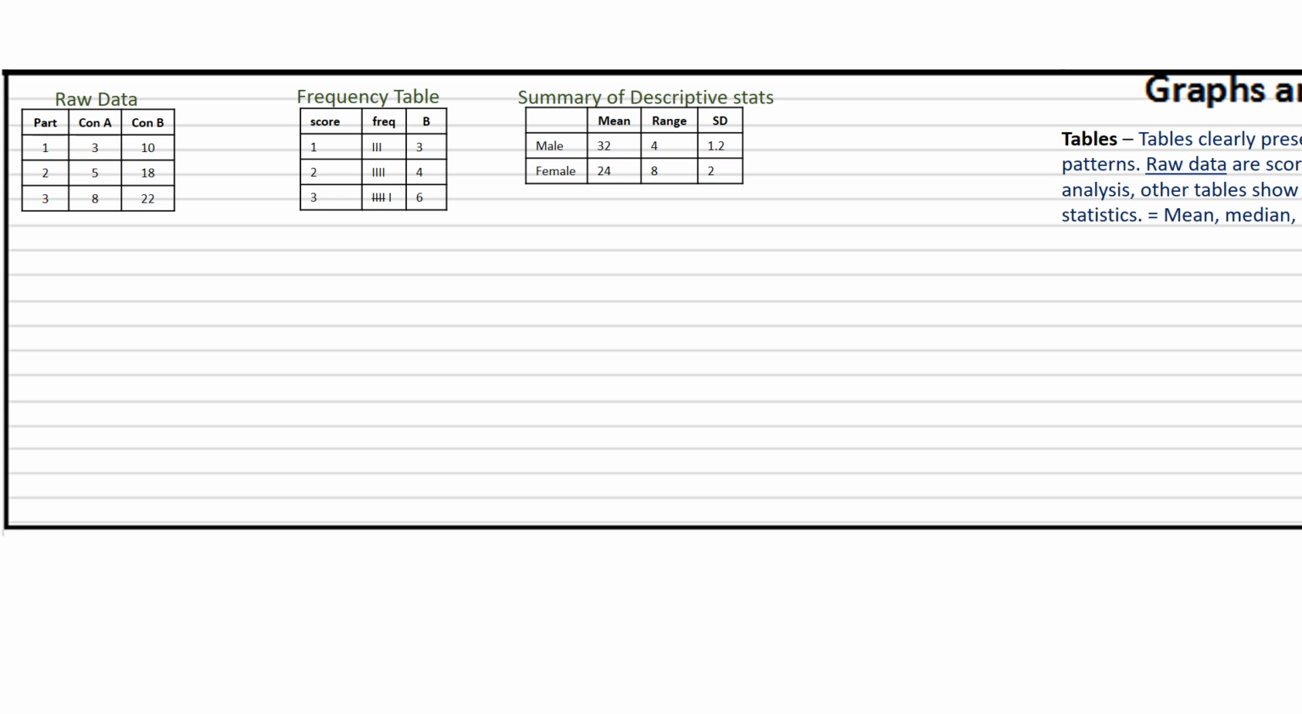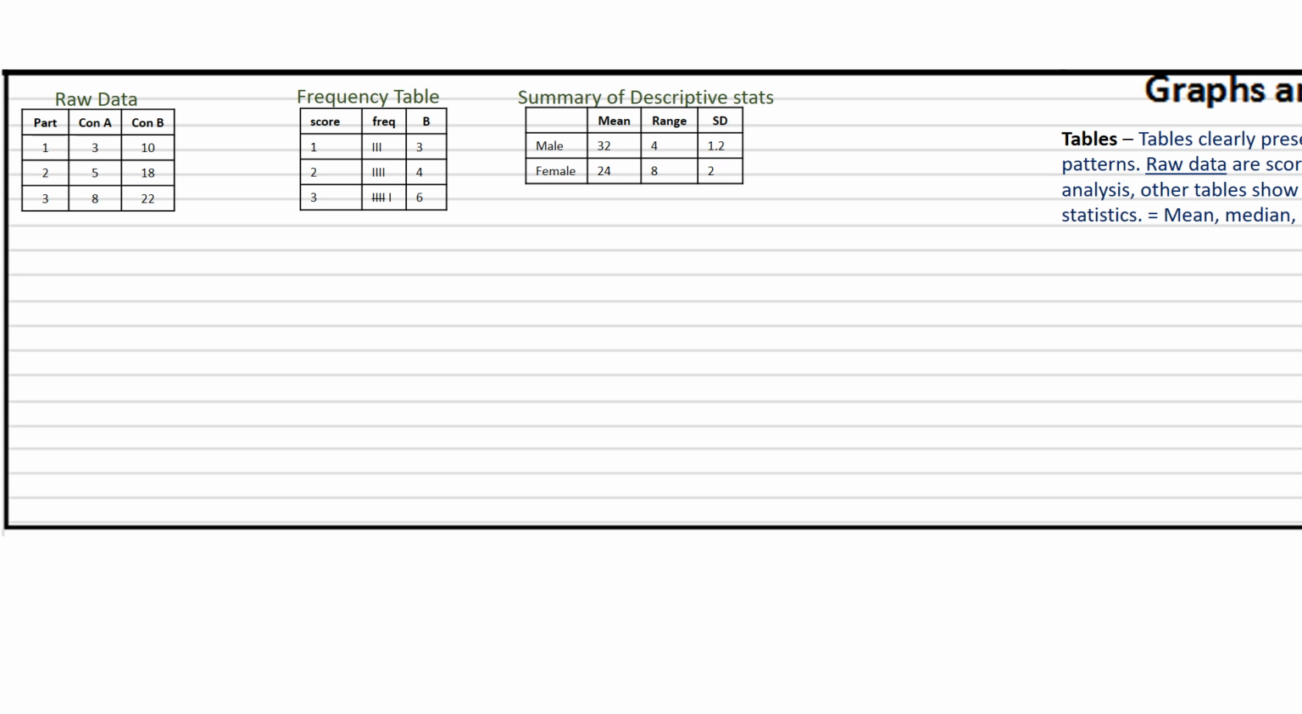That's a summary of descriptive statistics. So we can see here that we've got a mean of 32 for the males and a mean of 24 for the females, a range of 4 for the males, a range of 8 for the females, and a standard deviation of 1.2 for the males, standard deviation of 2 for the females. So what we can say here is the mean score for the males was much higher than the score for the females. However, the scores were far more spread out for the females than they were for the males. So the males' results